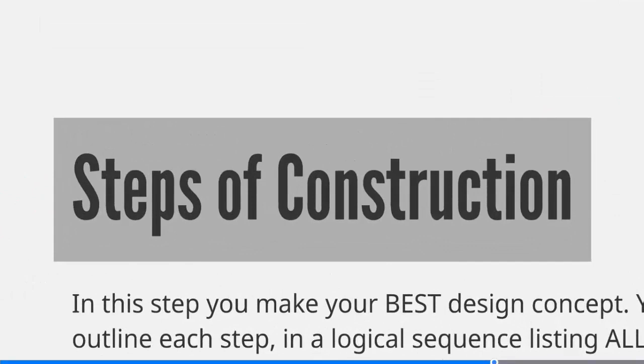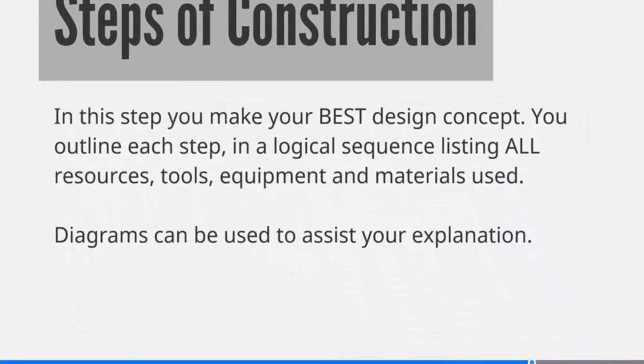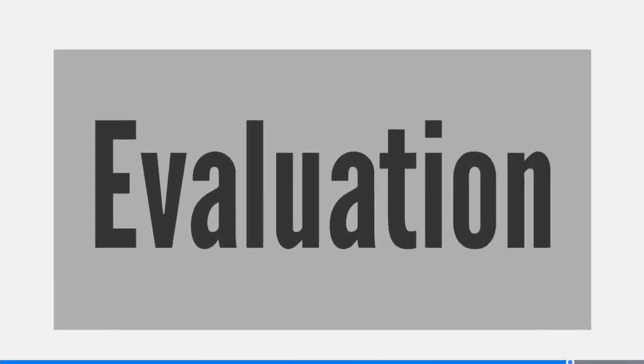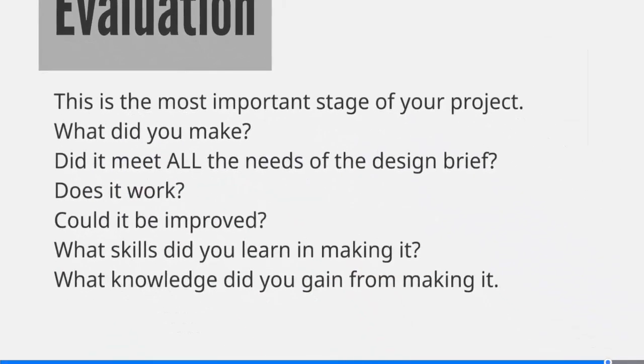We then get into the steps of construction, and this is basically our prototyping section. This is where we actually go and build the product. Now, if you're using CAD, you can use CAD to create the product. If you're doing it any other way, you can do it like that. But in here, you will need to list all the resources, tools and equipment and materials used to actually create the product. Once you finish the prototype, the final stage is the evaluation, and this is probably the most important